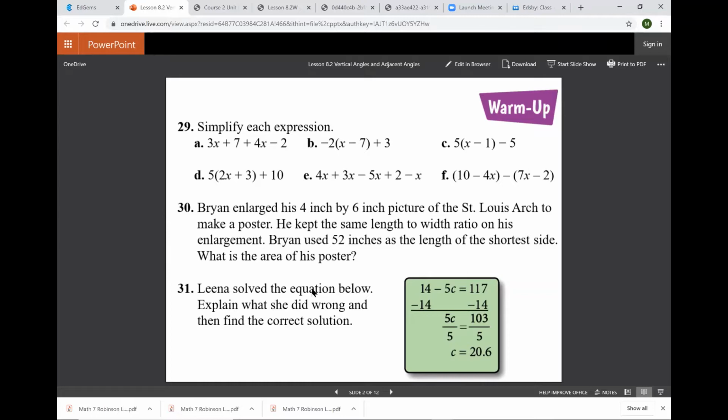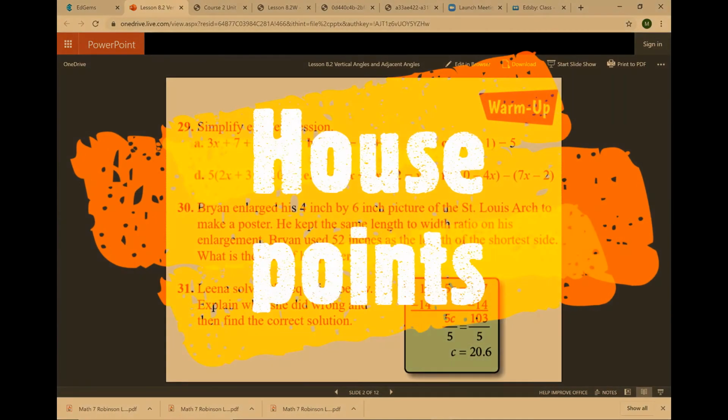Let's get started. Simplify each expression. So we know an expression doesn't have